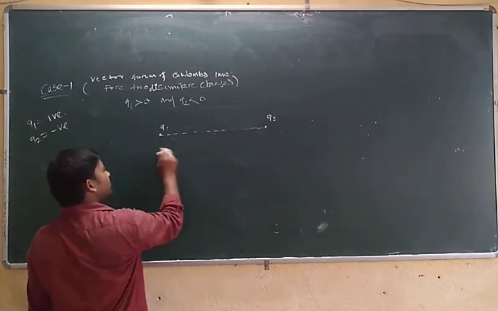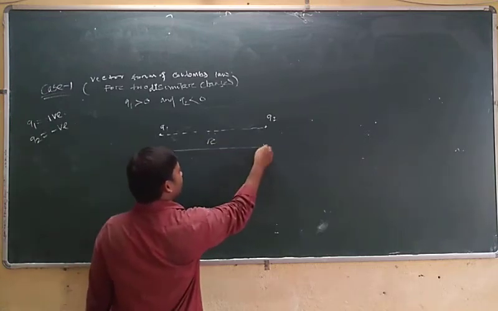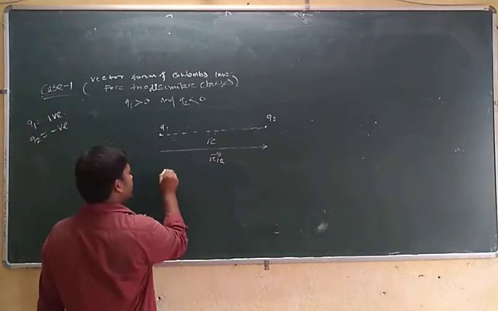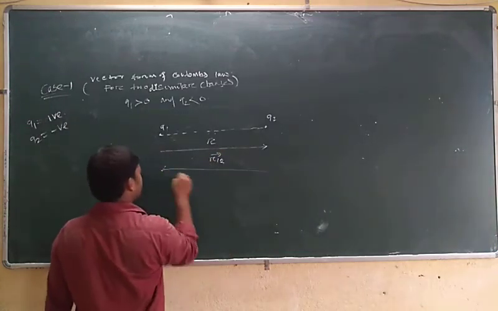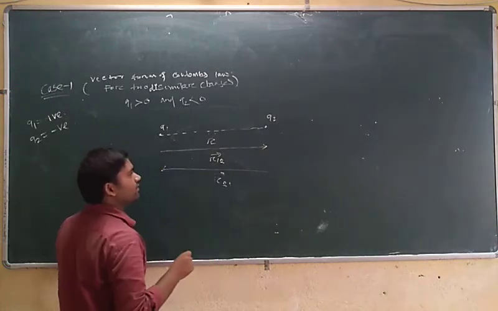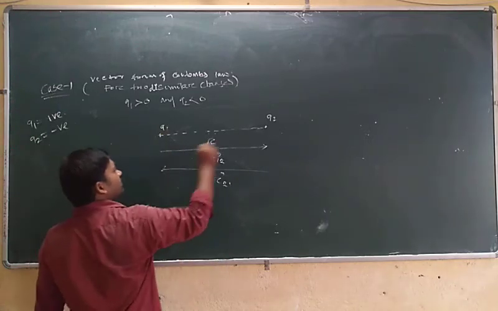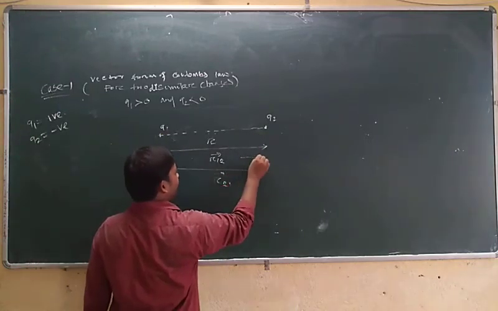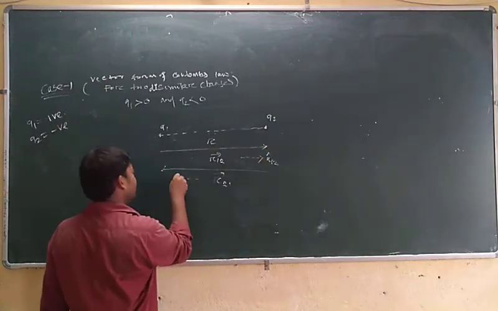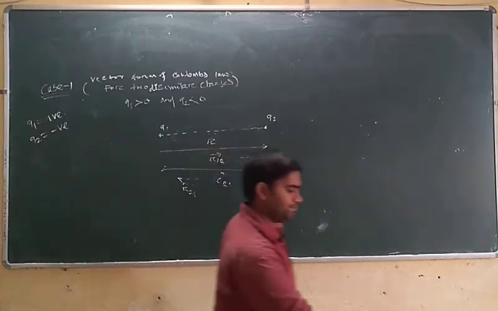Suppose the distance between the two charges is r, and as per the vector form rule, the displacement from 1 to 2 is the r12 vector, and the displacement from 2 to 1 is the r21 vector. When we take the case of calculation of force, there will be the r12 unit vector and the r21 unit vector.